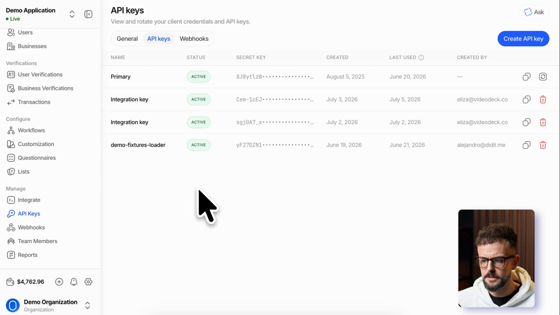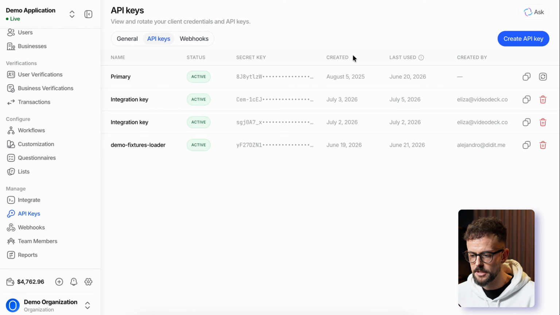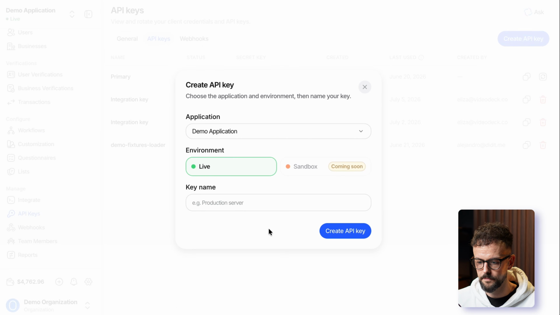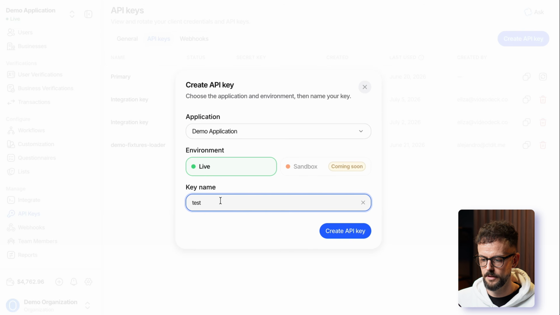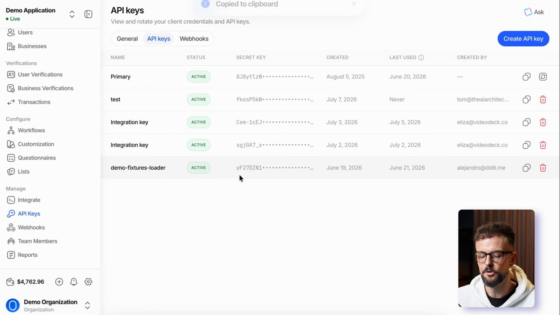app. Your API keys live here, and each row has one key, okay? And so a good habit is a separate key per environment, per integration. So you can rotate or revoke one without breaking the others. So if you're going to integrate a specific workflow, you might want to just have a separate API key for that workflow, for example. Now, if I click Create API Key, I'm just going to put test here, create the API key. Now I can copy this, right? And I'm not going to see it again. So it's important that you copy it and maybe note it down somewhere so that you can use it when